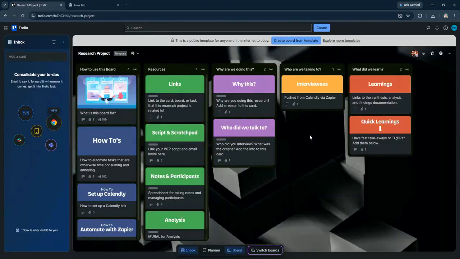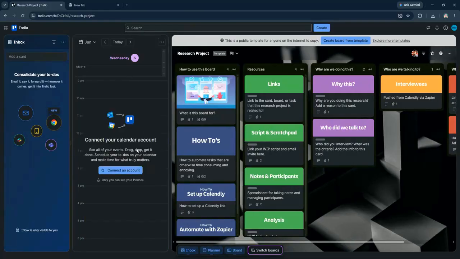To use it, click on the Use Template button. This will create a new board in your workspace based on the chosen template. You can then customize it further by adding or editing lists and cards, attaching files, setting due dates, and inviting